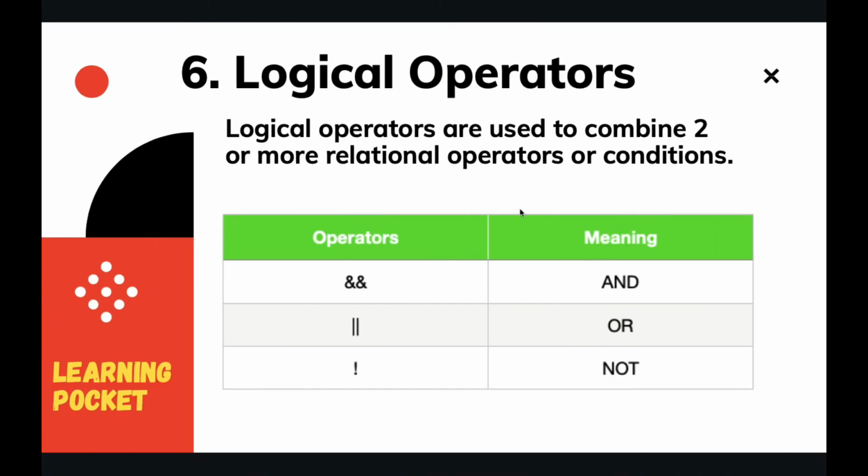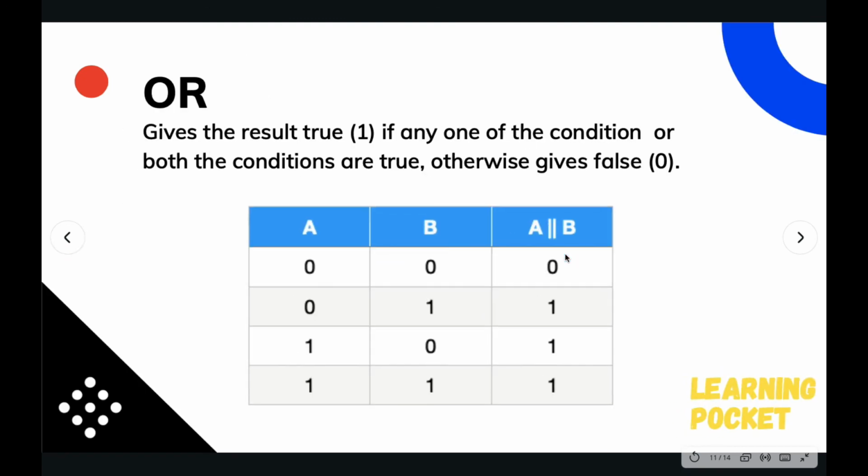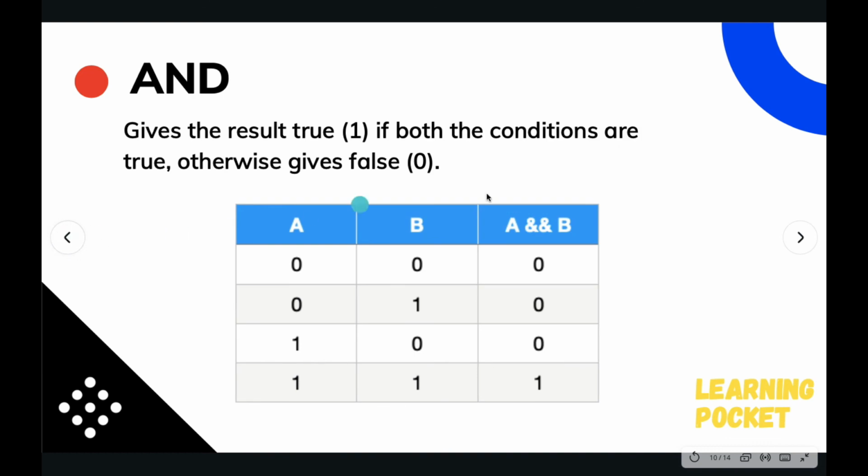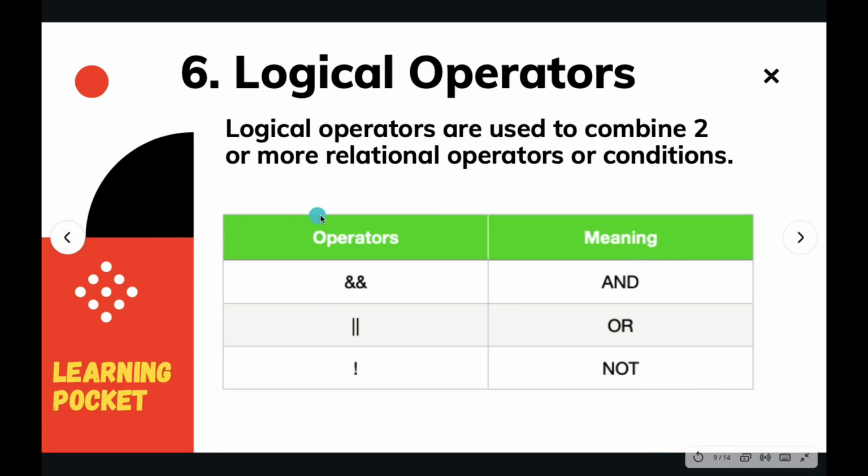So that was all about the AND, OR and NOT operators, and I would recommend you to do some practice with these operators. Make some conditions and try them out, and try to verify the whole AND truth table, OR truth table and NOT truth table by giving as many conditions as possible. So this was all about the logical operators. Next up we have some special operators, and before that we have conditional operators. So see you in the next video.